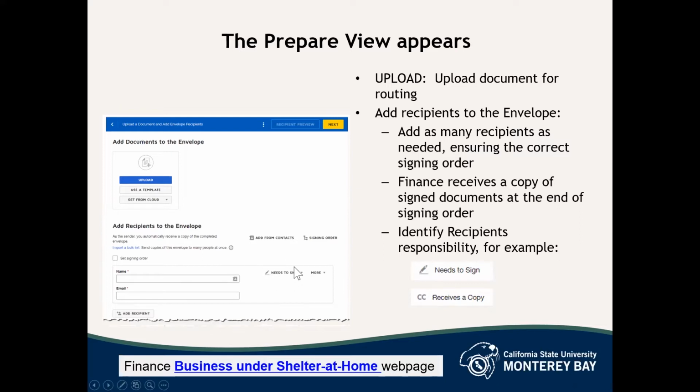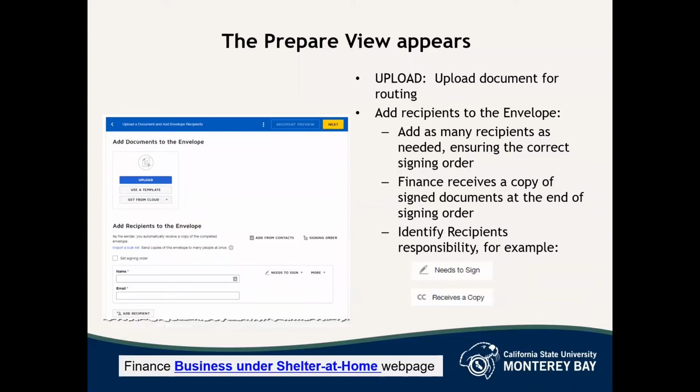So your order is really critical in here. There are multiple options; needs to sign and receives copy are the most common responsibilities, but there are other options.